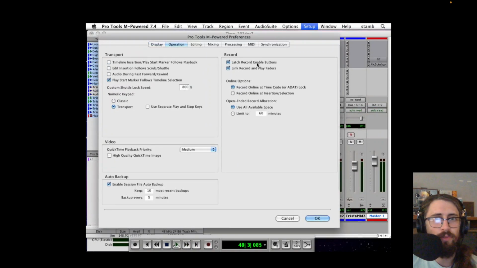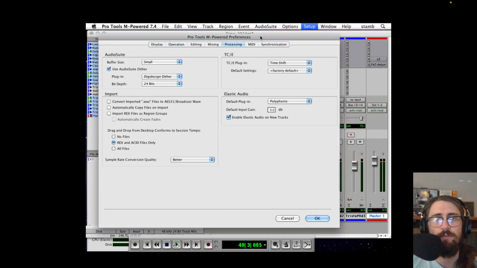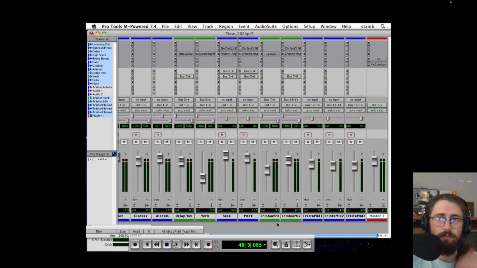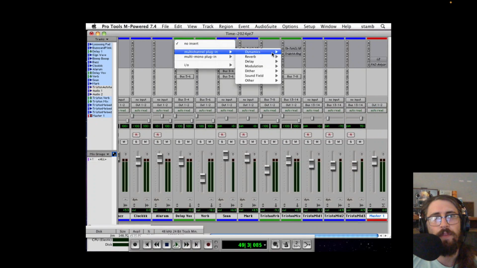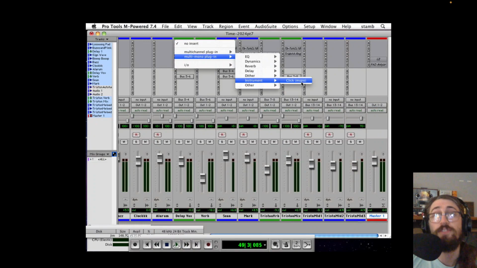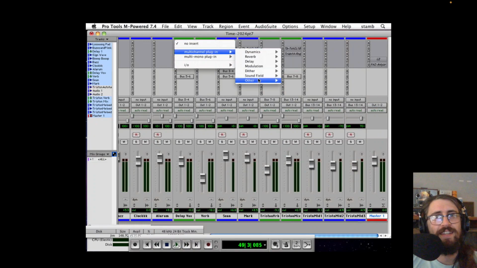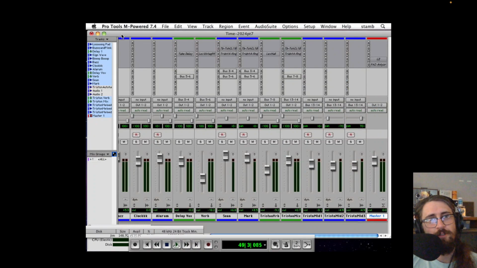They did some cool new stuff in here, but I didn't really know what Pro Tools was like before version 7, I guess. It works. Version 8 was a pretty big jump up. They added a bunch of stuff. I'm not even sure it comes with any instruments or anything. I guess it does come with just the click. If you wanted, I think you could install some free plugins.